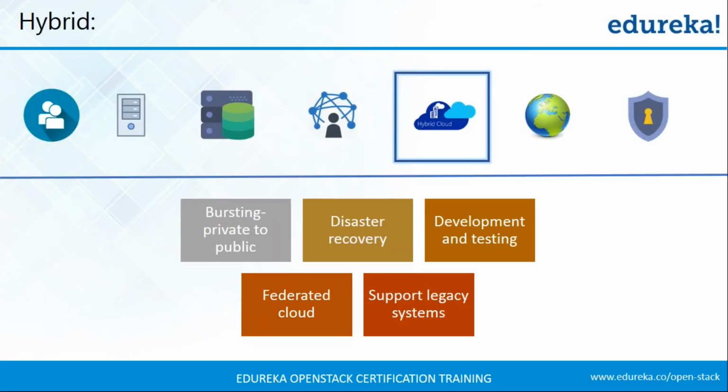And next you might need a hybrid cloud. This is in situations where, let's say you're working on an e-commerce website and all of a sudden you decide to hold a mega sale. So obviously you'll be expecting a huge amount of traffic and a huge amount of requests coming. So for that you might need different load balancers, more servers. That process is known as bursting,